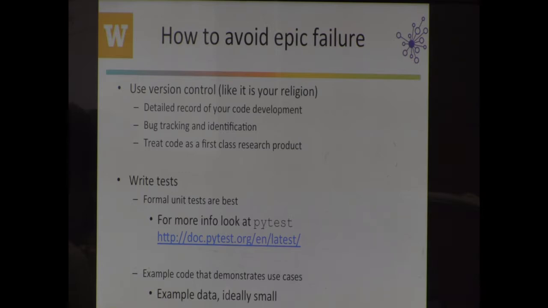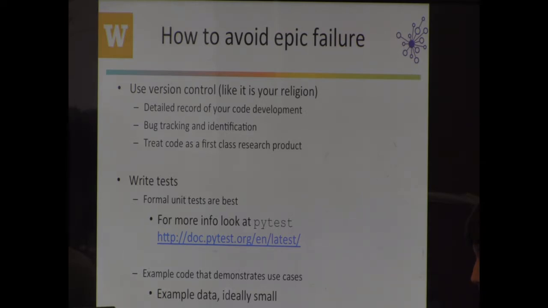Okay, so if you think about your code and you break it down, let's say, into functions, right? So you're functionalizing your code. You're taking elements that you use repeatedly over and over again, and that's when you should use a function. Then you can write a test that will put in some controlled data, let's say, and test that the output of that function is as you predict, right? So you put in X, you get out Y, and that's what you expect. And then every time you add something to your code, or you change your code, or you modify that function, you can run that test again and make sure stuff didn't break.